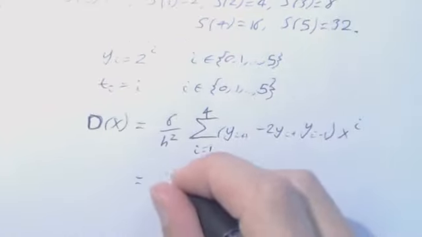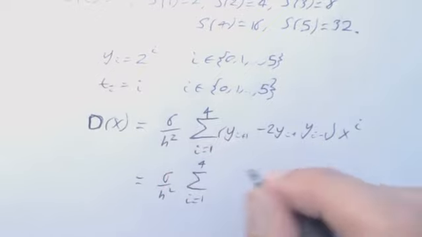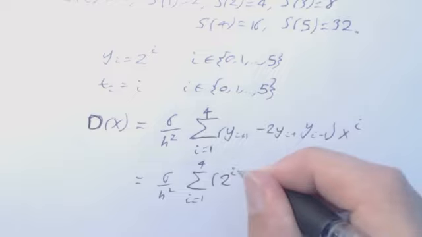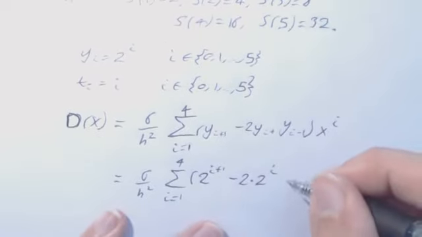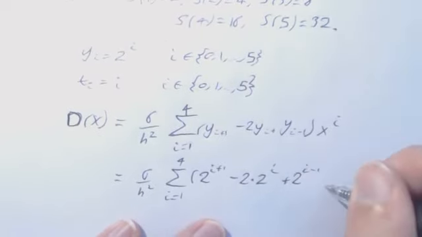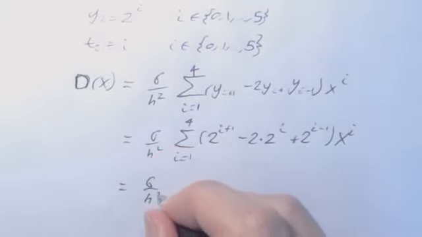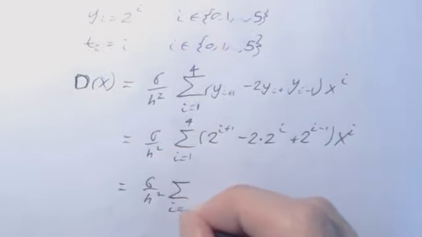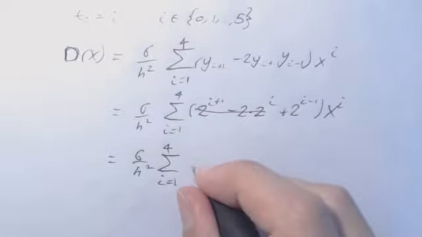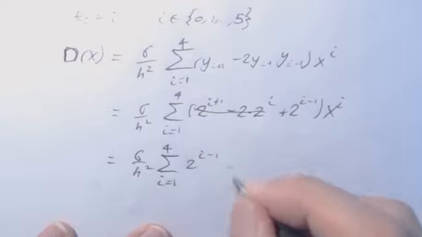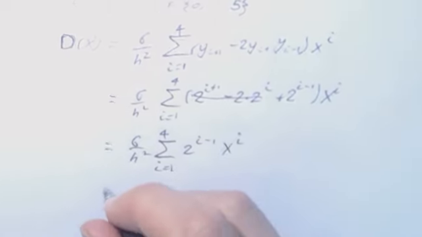So this is 6 over h squared, i from 1 to 4, 2 to the i plus 1 minus 2 times 2 to the i plus 2 to the i minus 1 x to the i equals 6 over h squared, i from 1 to 4, these two terms cancel, so 2 to the i minus 1 x to the i, which equals,